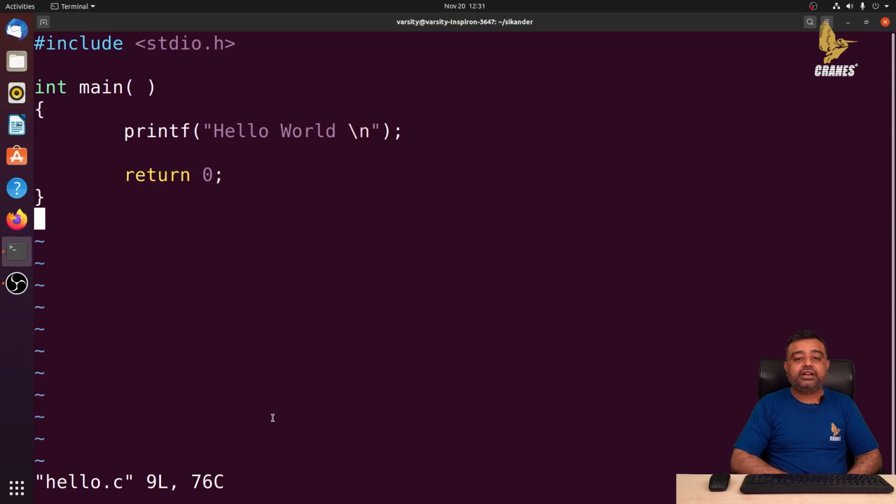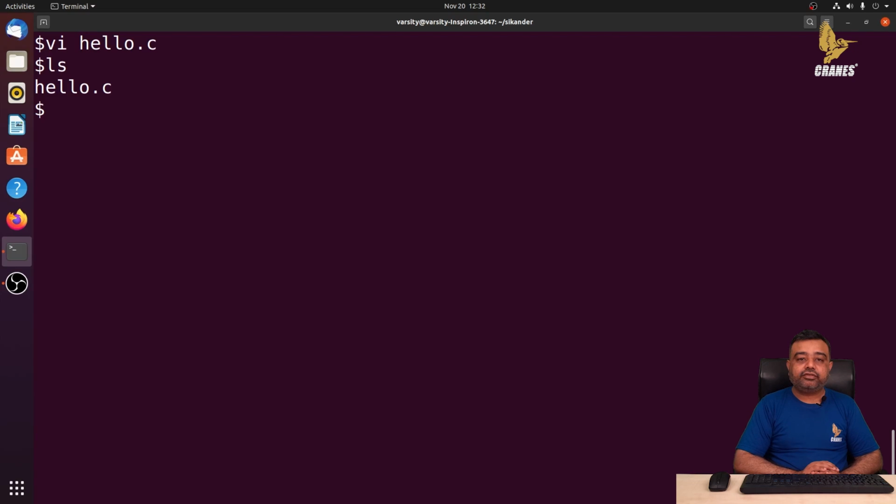The compiler we use depends upon the high level language we have used. Here I have used C programming language, so I require a C compiler to convert it to machine code. Now let us try to compile this particular code from the source code to the machine code. Here you can observe I have this simple file called hello.c in this directory. To compile this program, we write gcc space the file name .c. This command will accept this source code, which is hello.c, and then convert it to machine code, and the executable file name will be a.out.